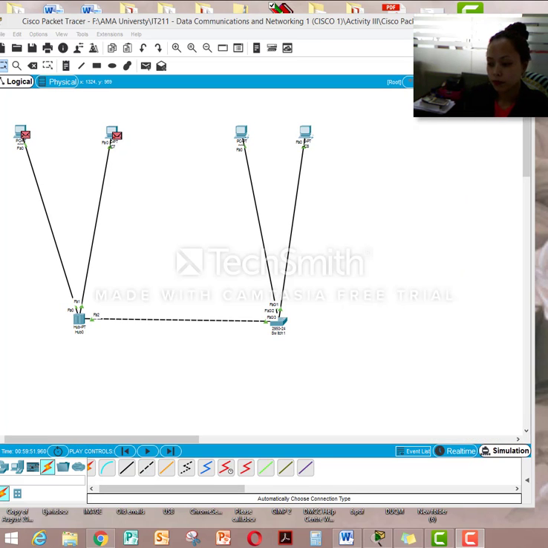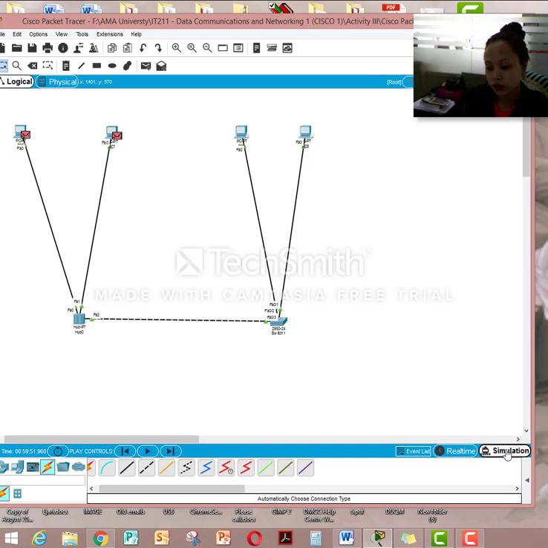Question number 3. What is the indication that the connection of your PCs is successful? For you to tell whether the connection of your PCs is successful, first, we have to find the simulation mode right down on the right side of the Cisco Packet Tracer. Click the simulation mode